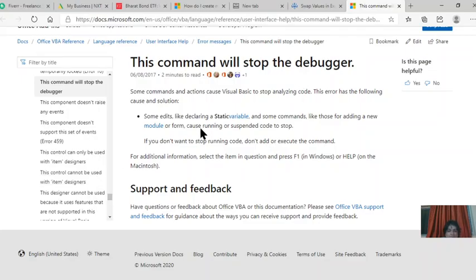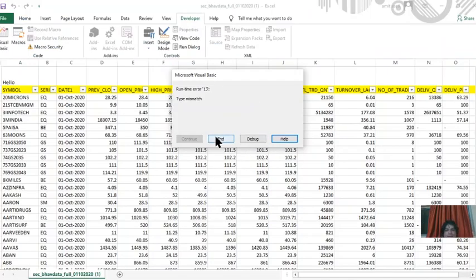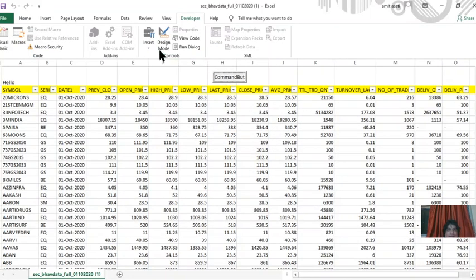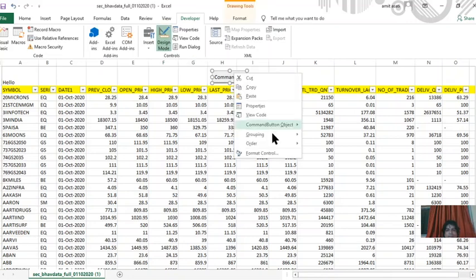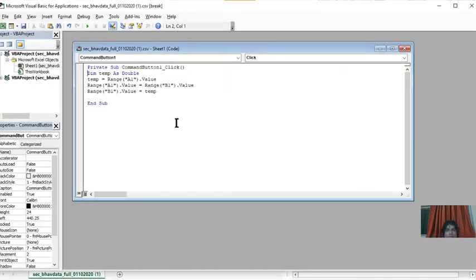Again in designer mode, select view source and view code. Dim temp As Double, temp is equal to Range A1 dot Value, Range A1 dot Value is equal to Range B1 dot Value, and Range B1 dot Value is equal to temp. Now save this.